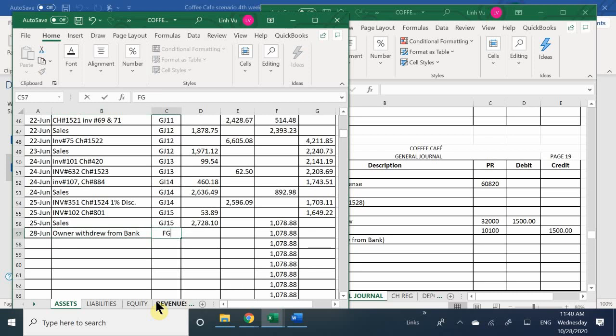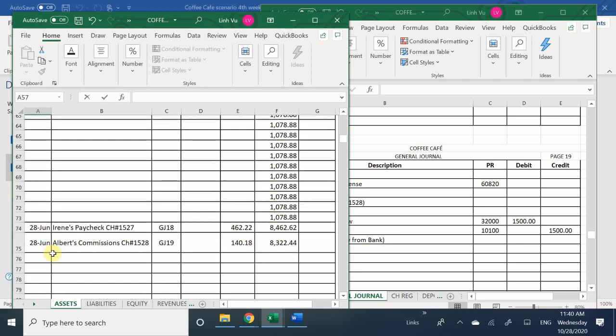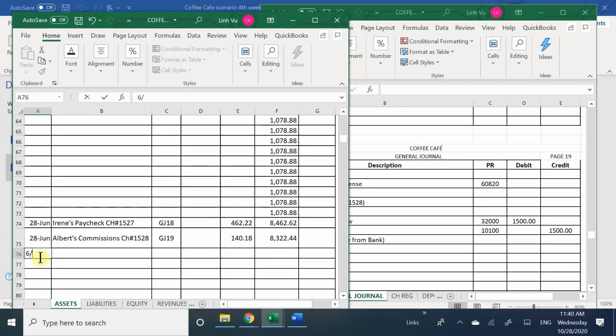General Journal 19 for 1,500, bringing my new grand total to be, oh my gosh, where am I? Okay, I hit the wrong one. My bad. Let me clear that out. That's the wrong line. I'm supposed to be down here. There you go. 628. Owner withdrew from